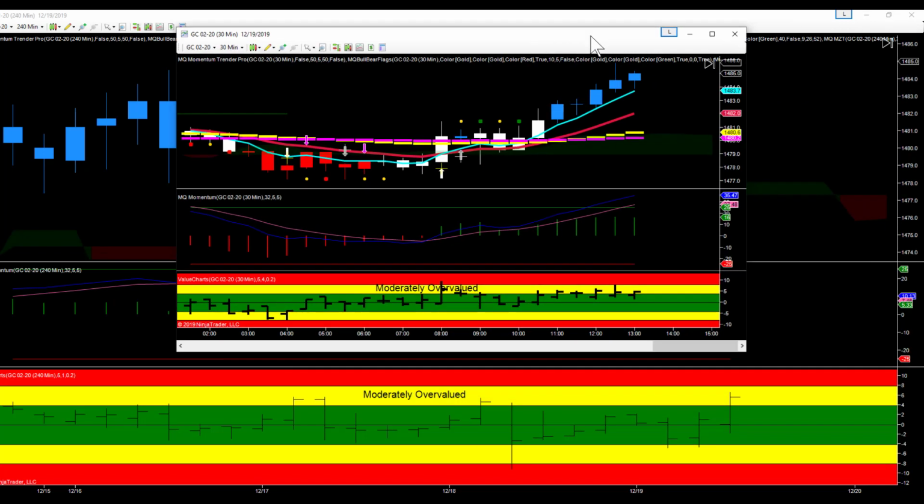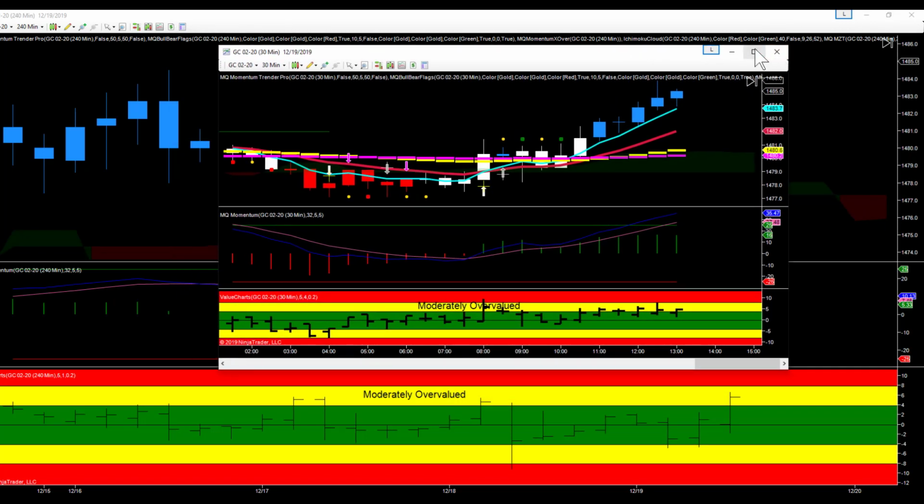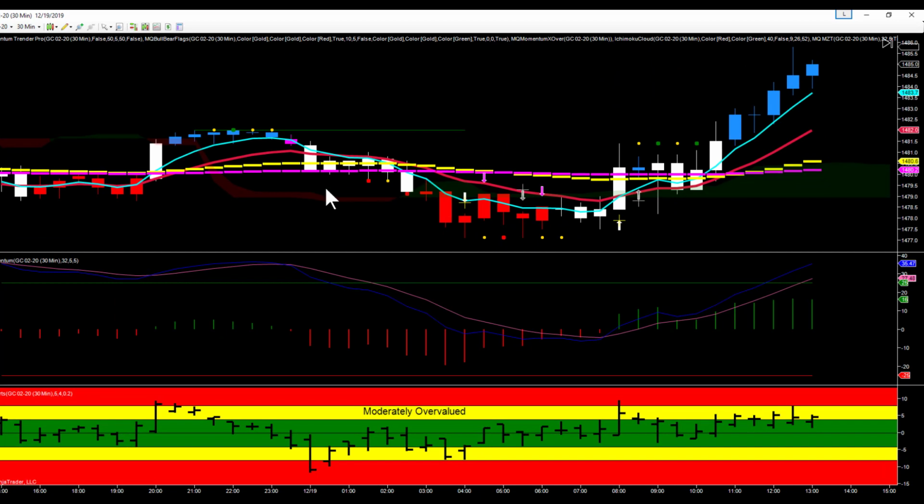Our 30-minute chart, we had confluence. We came in and we were on this bar right here. This bar also had a bear flag set up. The bear flag on this bar would trigger below 1479.7. So if this bar breaks the low of this bar, that would trigger us into our bear flag trade setup on the 30-minute chart. So the 240 was going to trigger us in just below 1480. This one's going to trigger us in just below